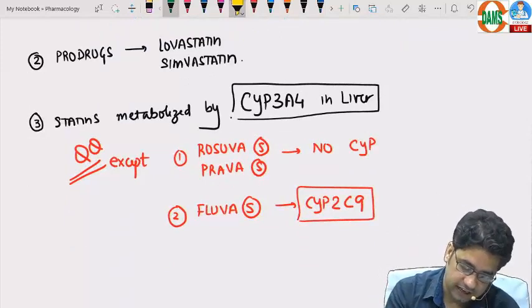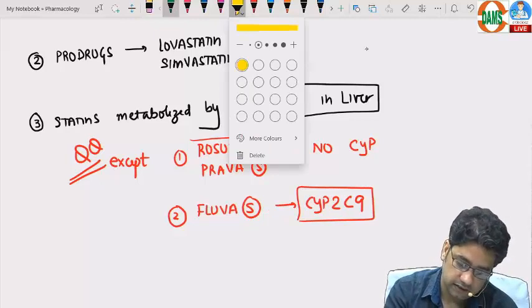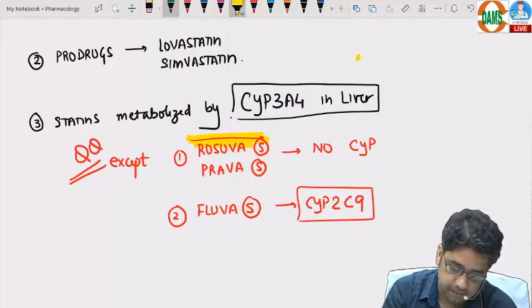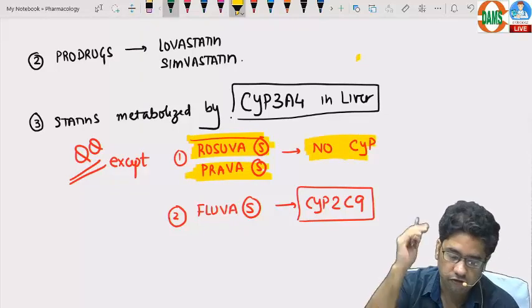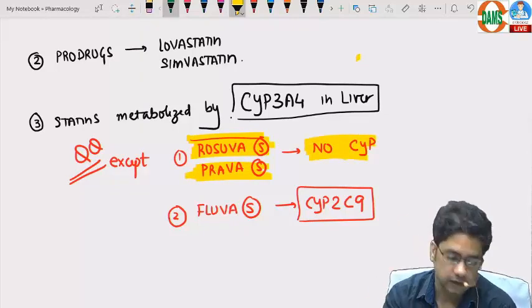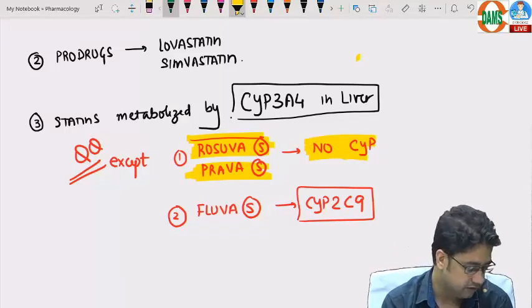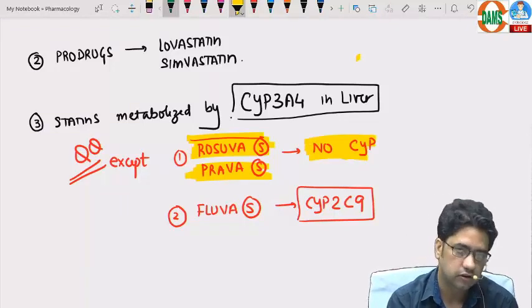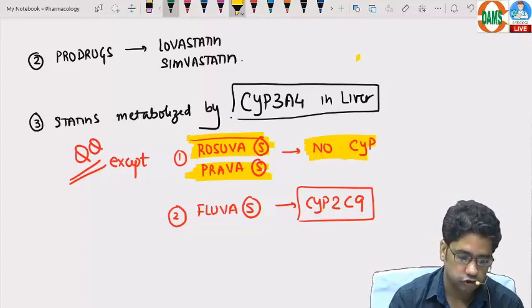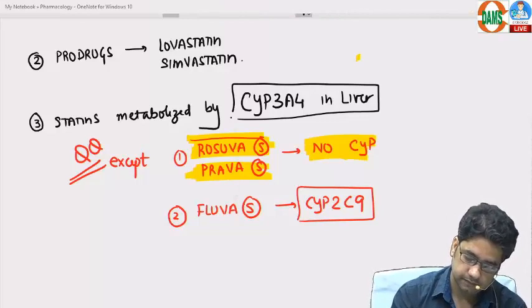This question has been asked many times. Rosu and Prava, no CYP, very commonly asked question. Okay, they all are the members of a family CYP 450. So these are the different types of CYP enzymes you will learn in general pharma. Done bachcho. Next point, statins,